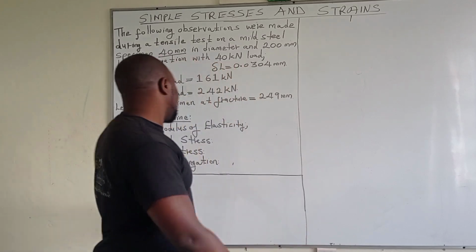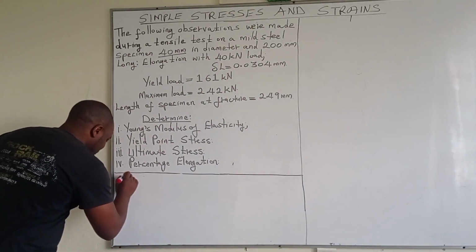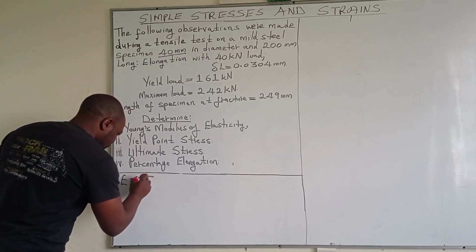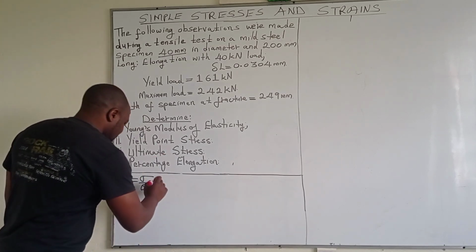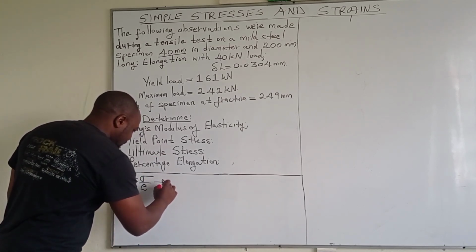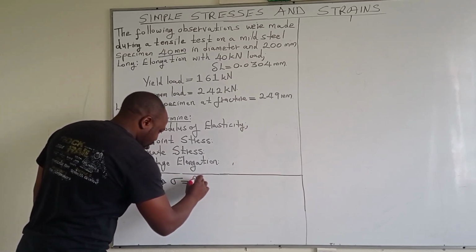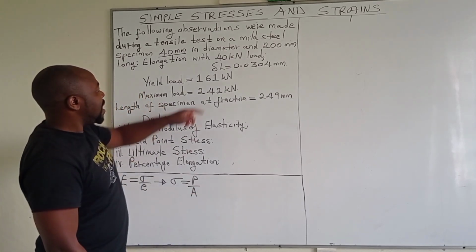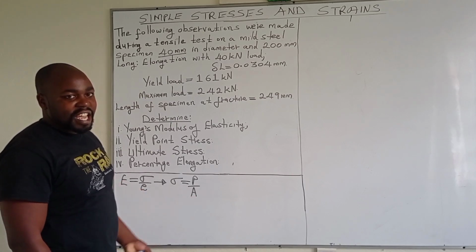Now, starting with the Young's modulus of elasticity. We know that the Young's modulus of elasticity is given by the ratio of stress to strain. The first thing we are going to determine is the stress, and we know that stress is given by load divided by cross-sectional area. We have a load of 40 kilonewtons. What we need to determine is the cross-sectional area of this